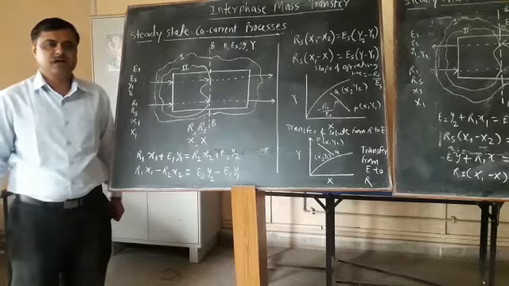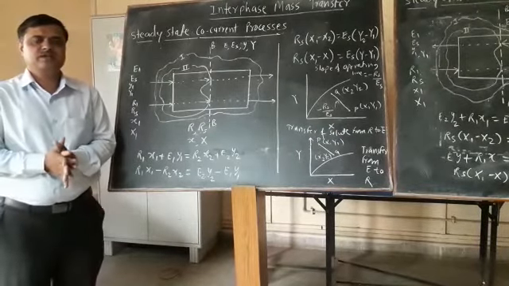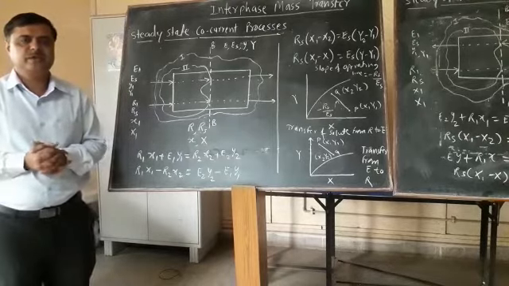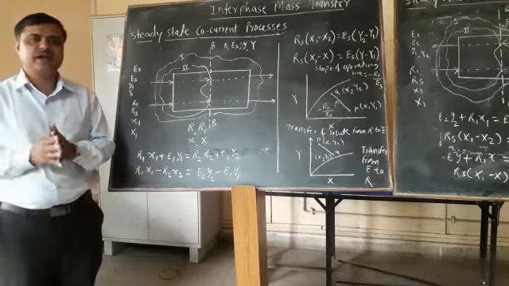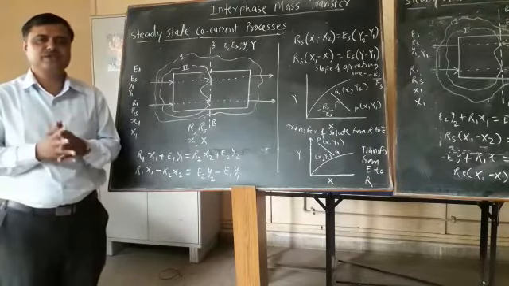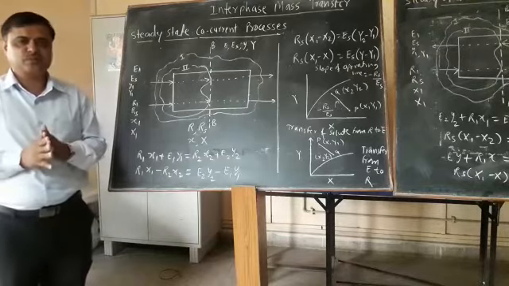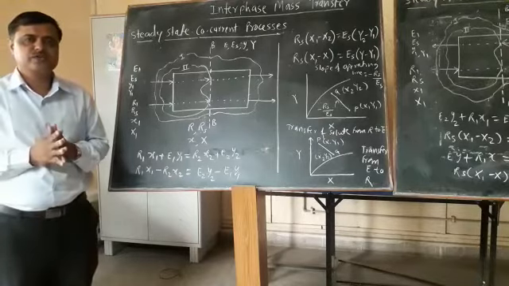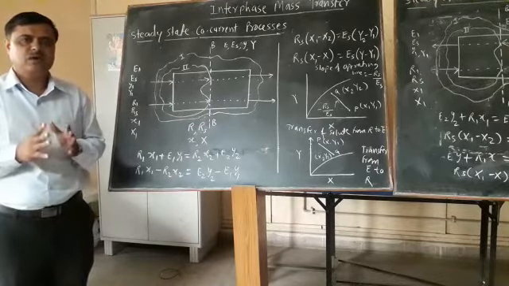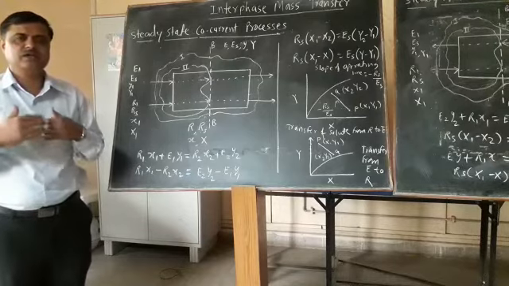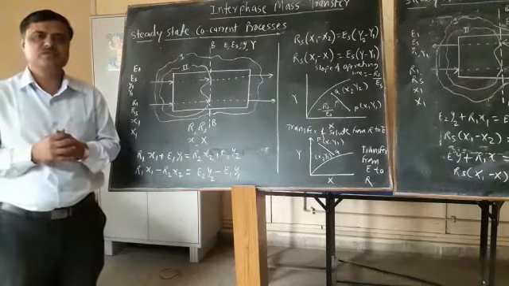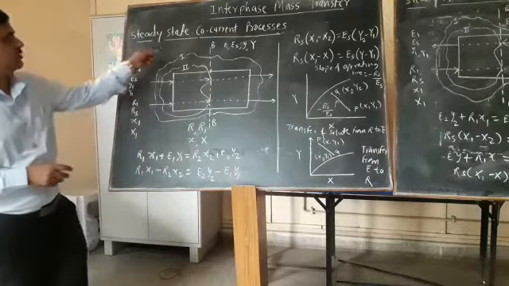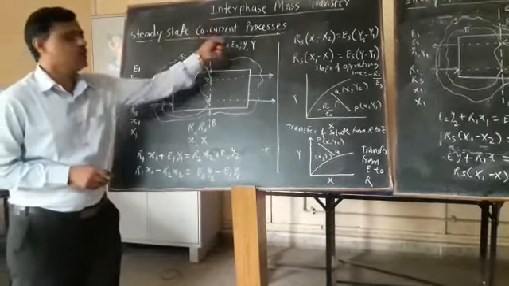We are going to discuss interface mass transfer, what the material balance is for two different phases. We take an example of phase R and phase E, and how the material balance takes place for the steady state co-current process and for the counter current process. As all of us know, co-current process means the streams are passing in the same direction, and in the counter current process the streams are passing in opposite directions, respectively. First of all, we are going to talk about the steady state co-current process.